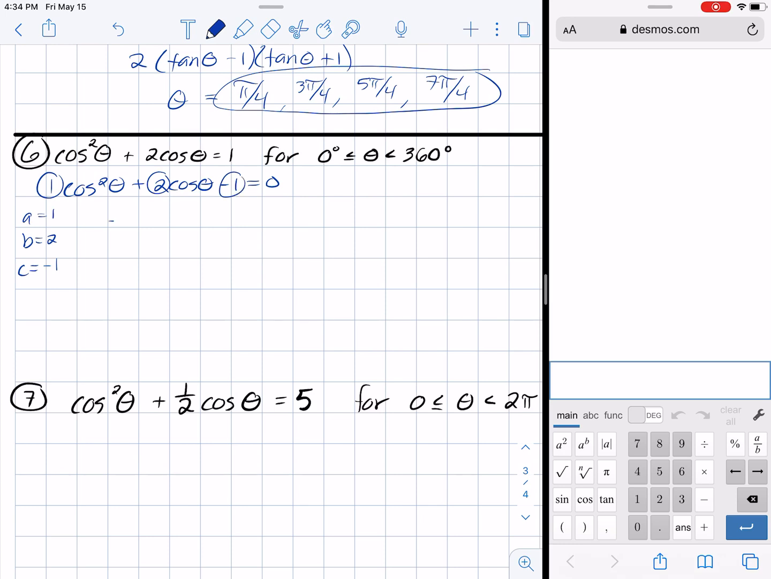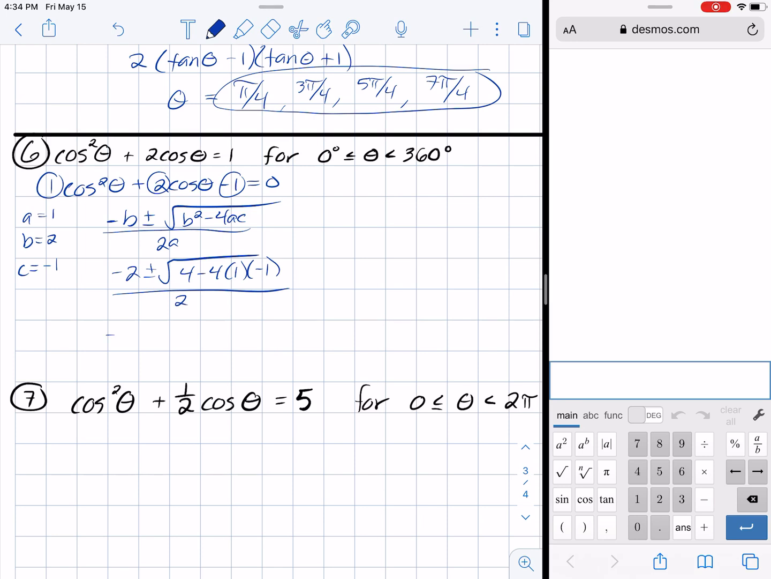You need to use your quadratic. Negative B plus or minus the square root of B squared minus 4AC all over 2A. Hopefully it's all coming full circle for us. All right, our B is 2. So -2 plus or minus the square root of 4 minus 4 times 1 times -1 all over 2 times